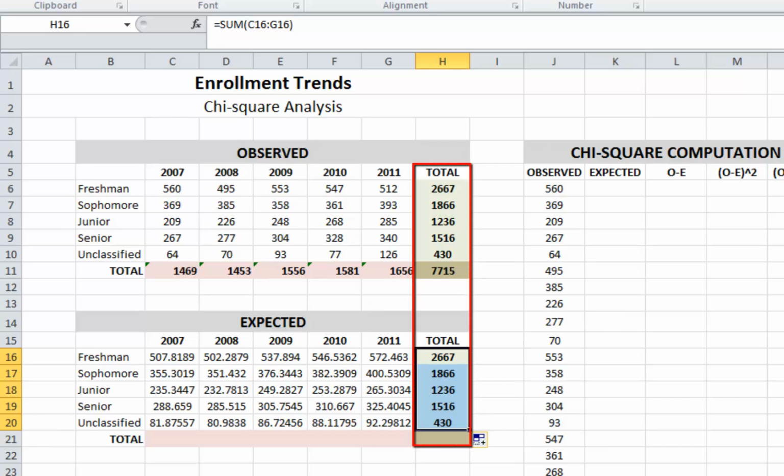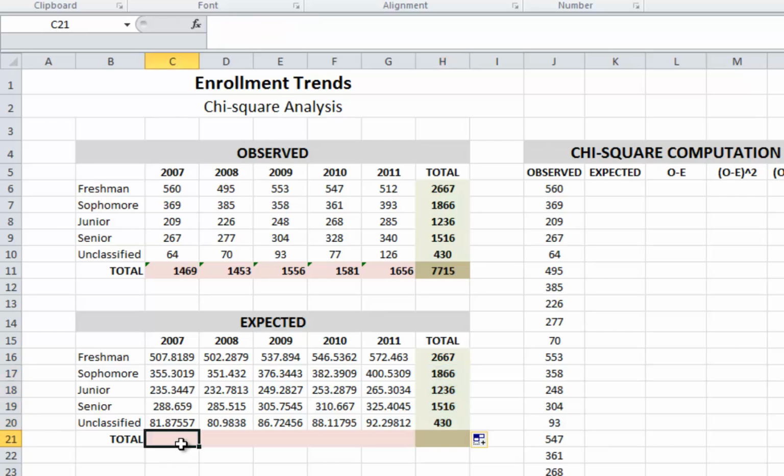Kind of behind the scenes here, what we're talking about is proportional enrollment, versus our observed and our expected. So the totals are not going to change any. So that's a built-in check to make sure that we've done our formulas right. The totals in this column should be the same as the totals at the column up there, which they all are. Okay, so we need column